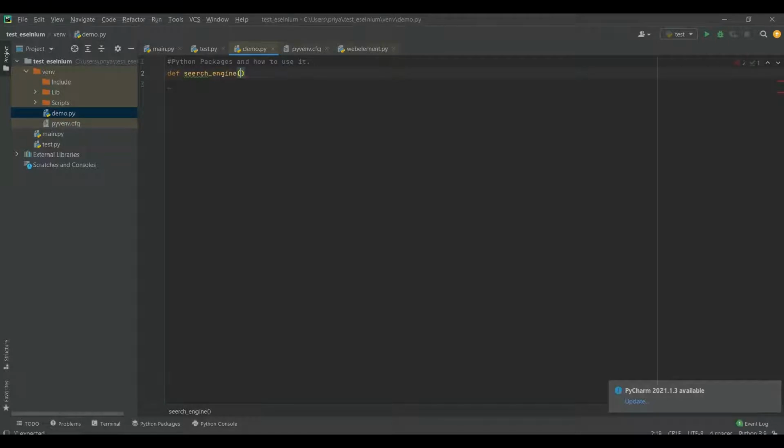It will take two parameters: first is the search engine which we want to search, and the second is the search query. For now we will just print the search engine which we want to search and the search query. Let's print it first.